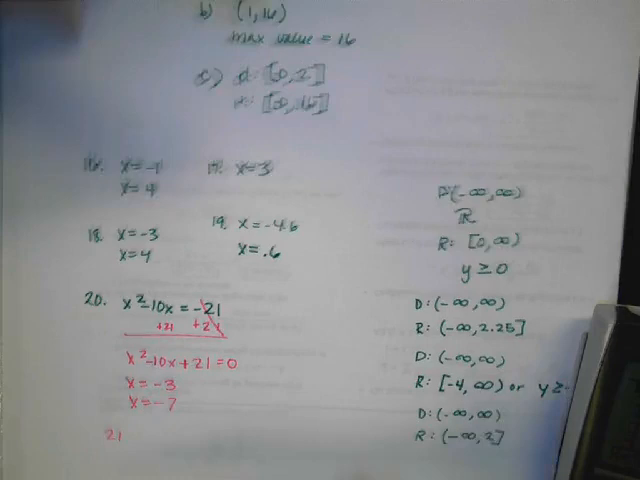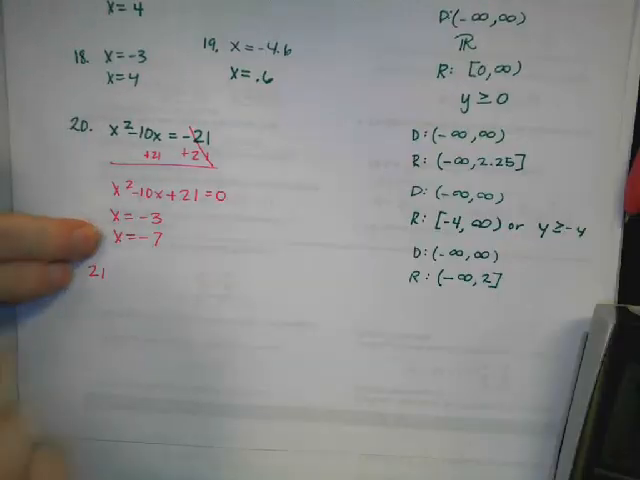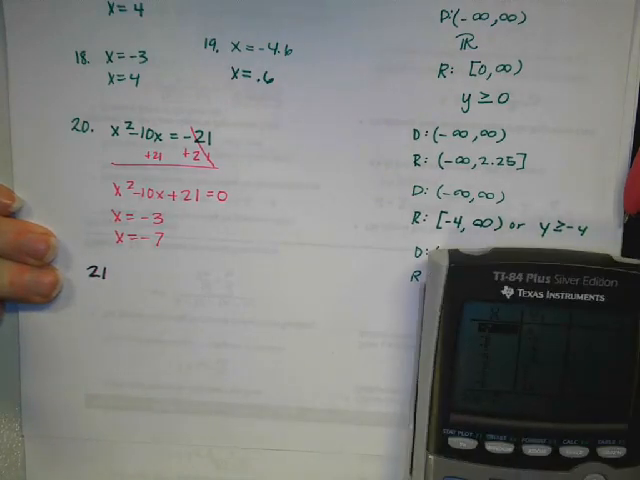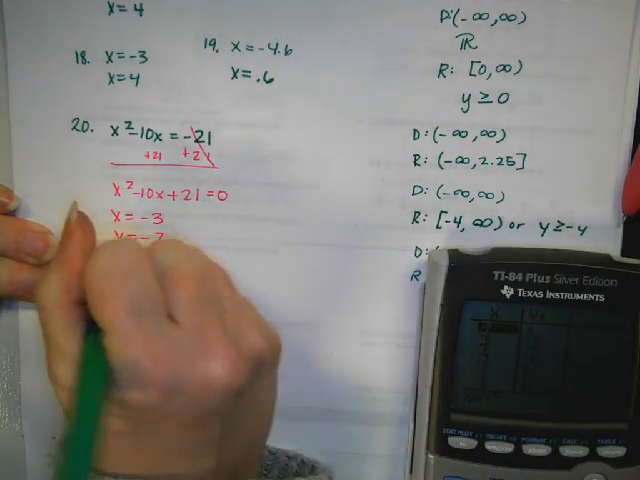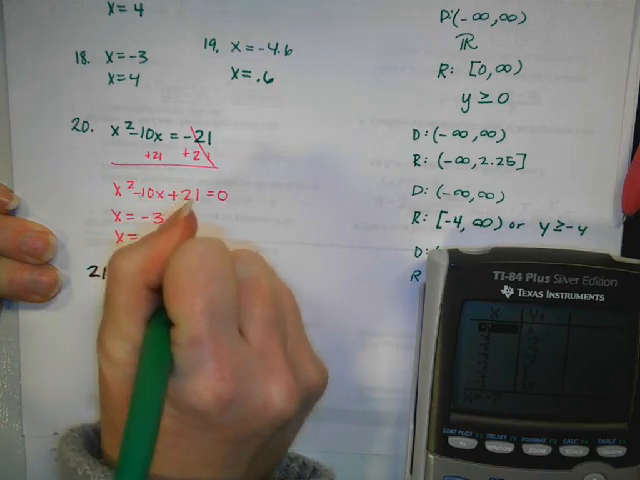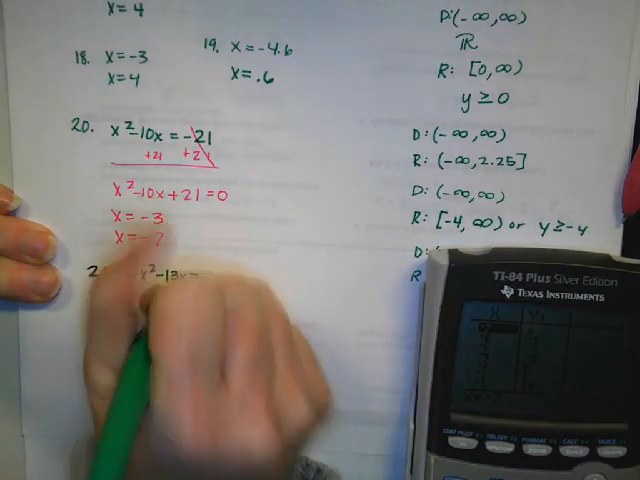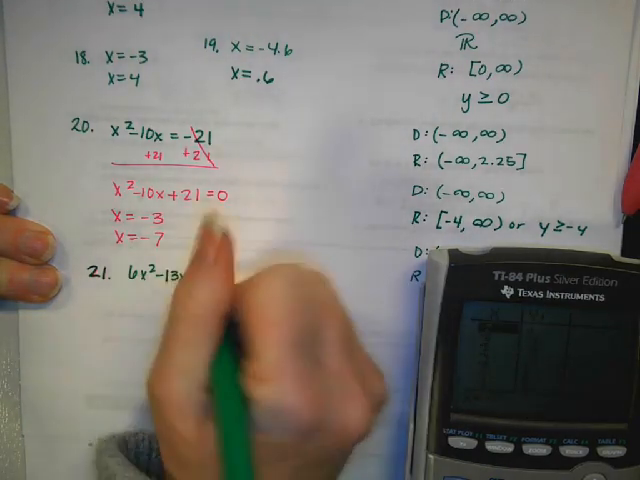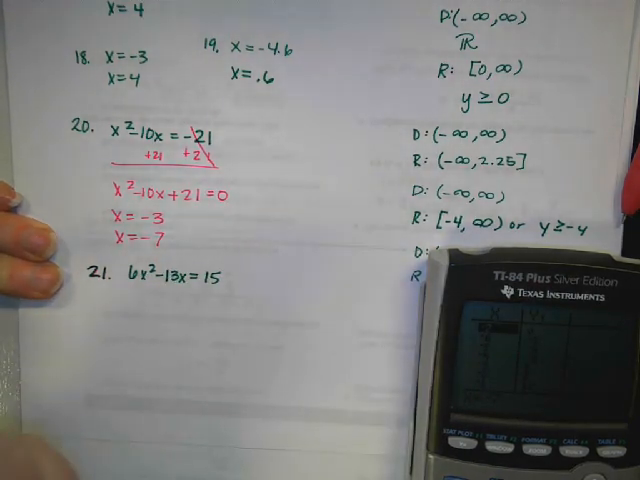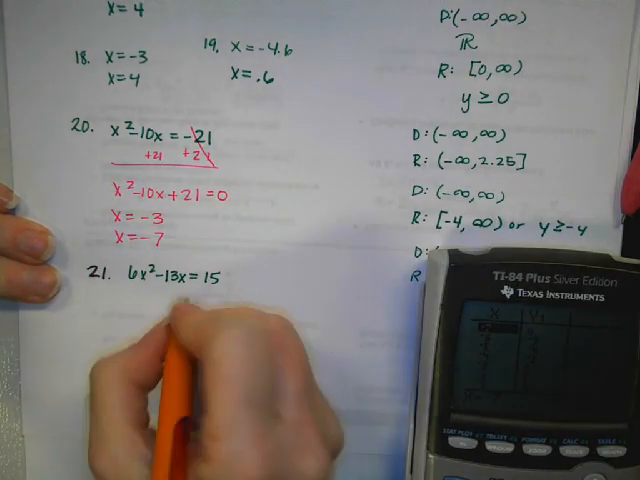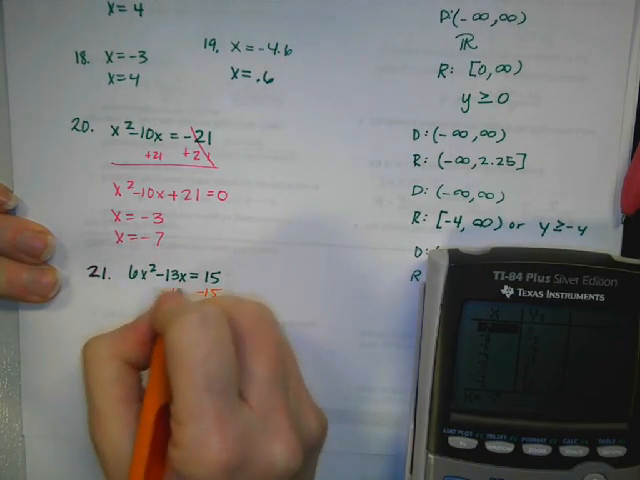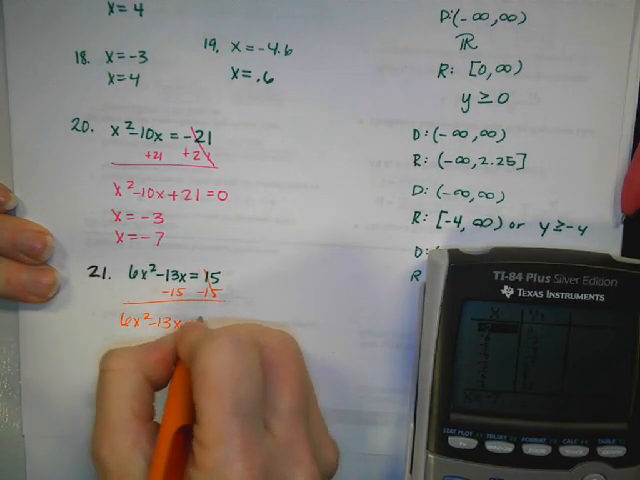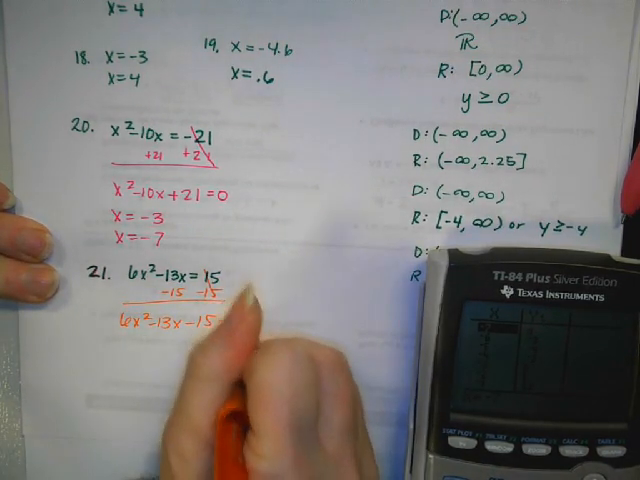Let's get back to my brain. It's a little harder to see. So 6x squared minus 13x equals 15. All right, so again, you have to move that 15 to the other side. So I'm going to subtract 15 from both sides. And that's going to give me 6x squared minus 13x minus 15 equals 0, which is where I can put my y,